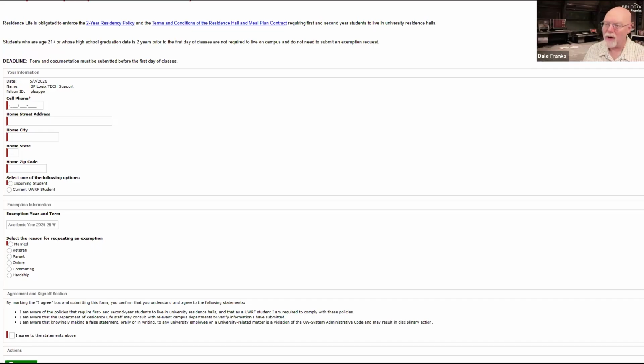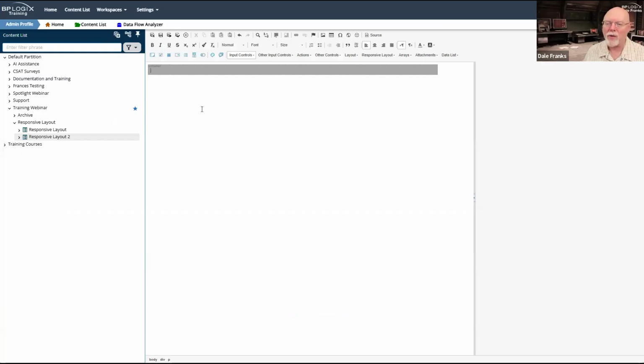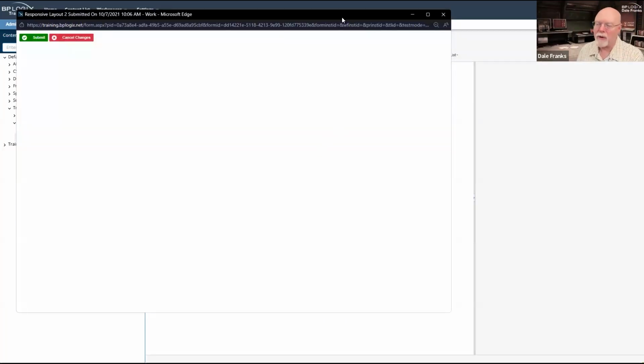Now I have on the training server altered that behavior. So on the training server, when I open up a form here, it's going to open up in a size that I have configured specifically to display for webinars. So I've controlled the size of this form via my custom vars file. So I know how big the form is going to be on open. By default in Process Director, it wants to fill your entire screen when you open a pop-up form.